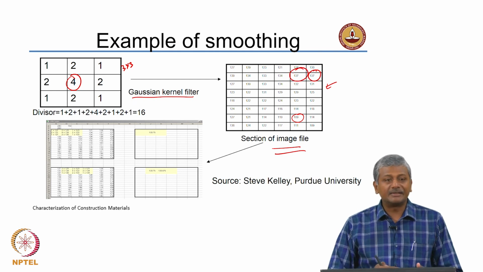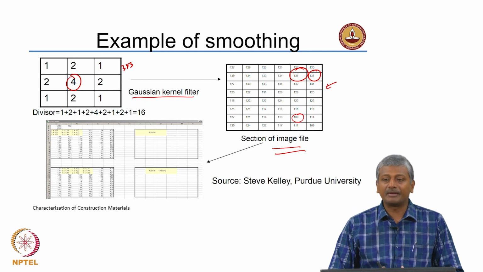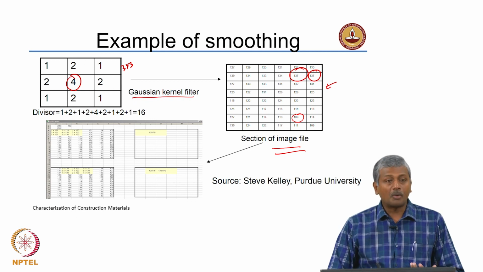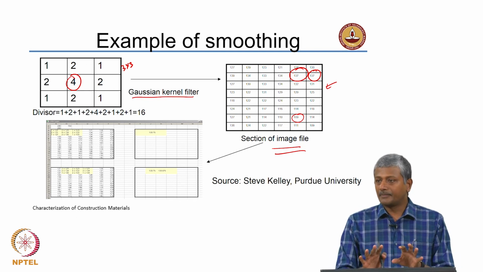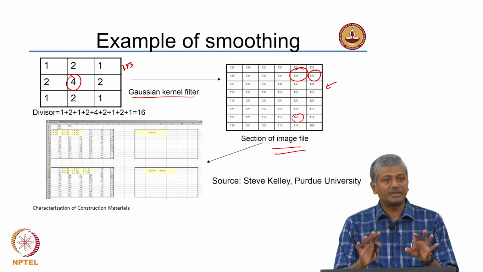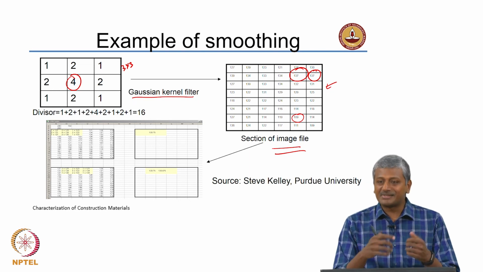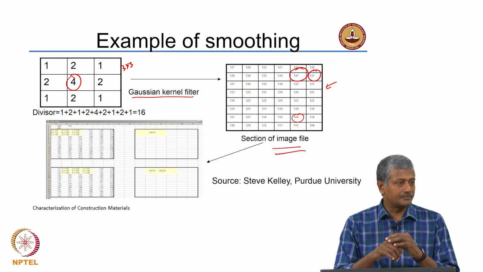So, here you have a section of the image that does represent a fair degree of difference in its pixel gray values. Now, the operation of the smoothing filter will be such that it makes the entire location smooth. What do you mean by that? It will almost give the same gray level to the entire location.